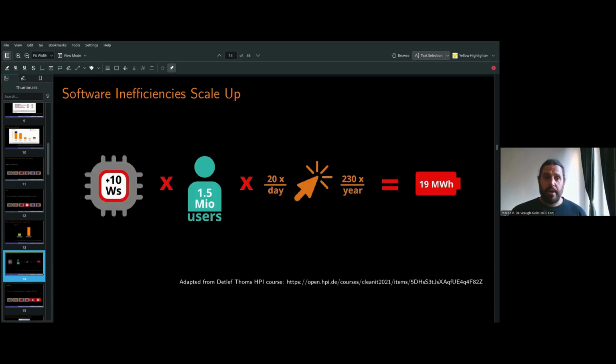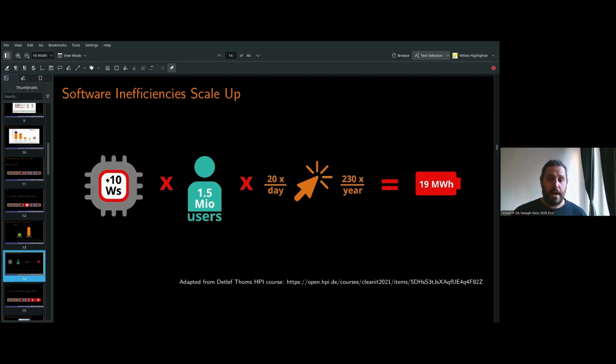To illustrate that point about how software inefficiencies scale up, this is an example from an online course from HPI, in which a back of the envelope calculation looks at how much energy is consumed with a 1 CPU second increase in a process in a piece of software. Now, a 1 CPU second increase is about 10 watt seconds, which is not very much. But if you multiply that out by 1.5 million users, which also is not very much, and you assume that CPU second increase occurs 20 times a day for 230 working days, you're talking about the energy consumption of 19